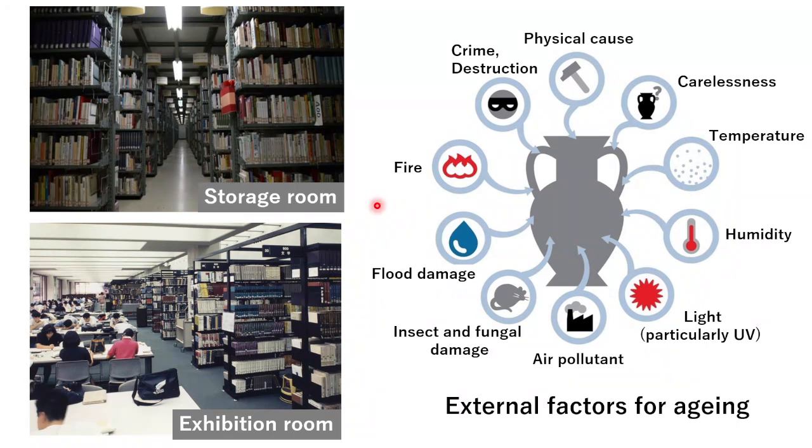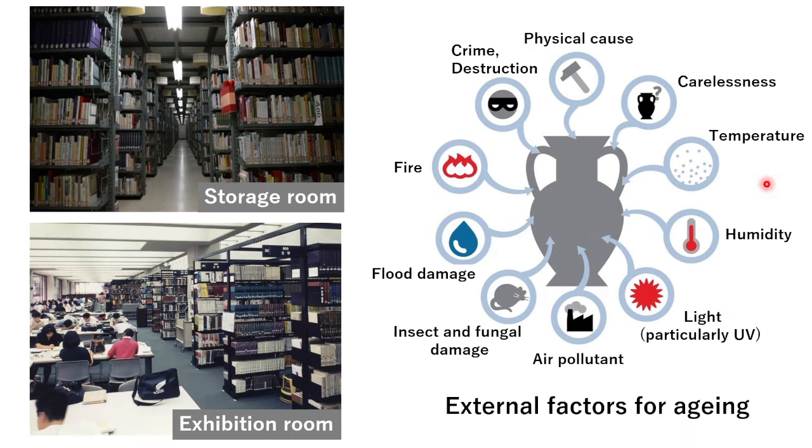For example, although light brightness is not particularly required in a stacked room as one of the environmental factors, it is an essential element for reading. Also, the temperature of the reading room is kept at around 23 or 24 degrees. But considering the preservation of paper objects, it is ideal to have a lower temperature than that. However, simply storing the books in the stacked room will not allow users to freely read them. Therefore, it is necessary to ensure that books can be used for reading on the premise of proper preservation and